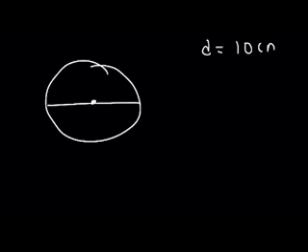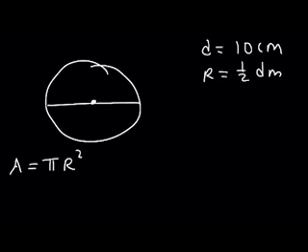Now let's talk about the area of a circle. So let's say you're given the diameter of the circle, and let's say the diameter of the circle is 10 centimeters. What is the area of the circle? To find the area, it's equal to pi r squared. The radius, r, is 1/2 of the diameter. So this is the diameter d, and this portion is the radius of the circle. So the radius is